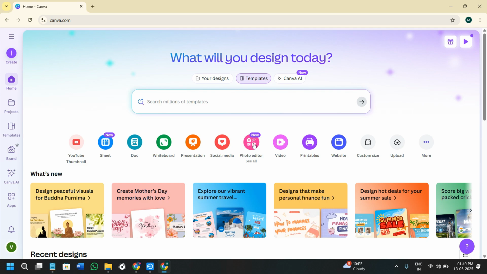PowerPoint and Canva are two powerful tools, but getting them to work seamlessly together can sometimes be a bit of a challenge. So, what if I told you that it is actually possible to transfer your Canva designs to PowerPoint without losing those cool animations? In this video, we are going to be talking about how to do it exactly. We will cover everything that you need to do to make sure your animations and designs come out looking just as good in PowerPoint as they do in Canva.